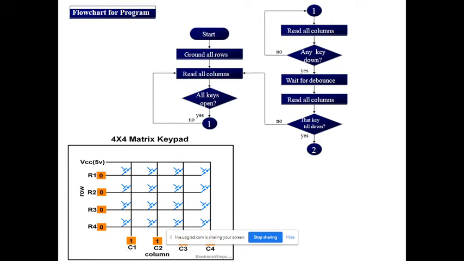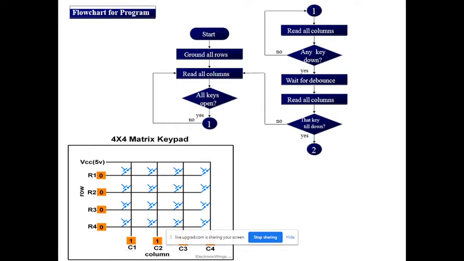That is the logic. For example, for each combination, for row 1 column 1, a particular key is there, just give a name here. For example, suppose it is 0, then this is 1, this is 2, this is 3, like that. Whatever number you want to place, just place the ASCII value of that into the lookup table. For example, row 1 C1 is 0, which means this is the key code.